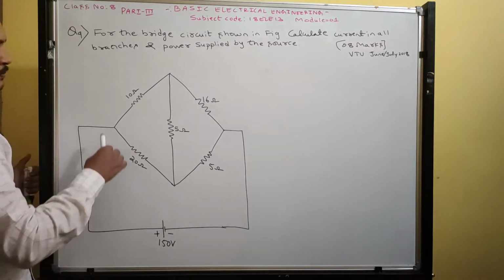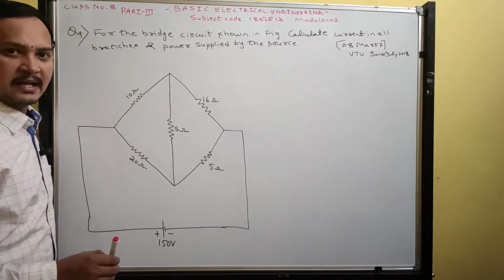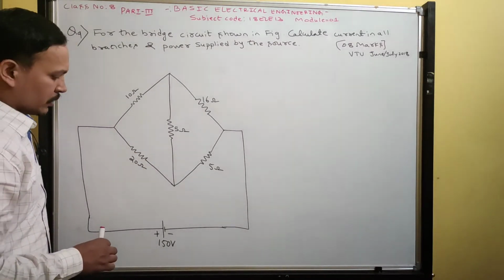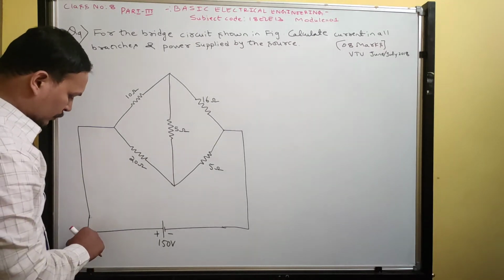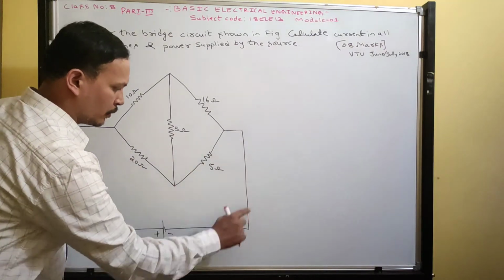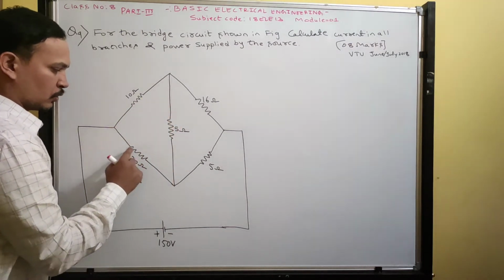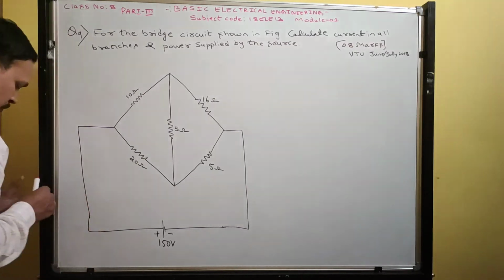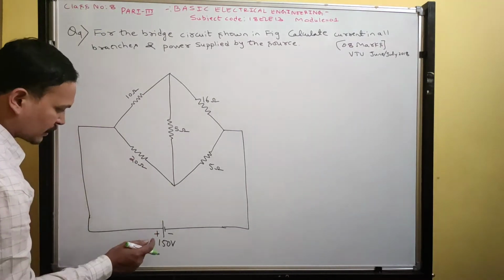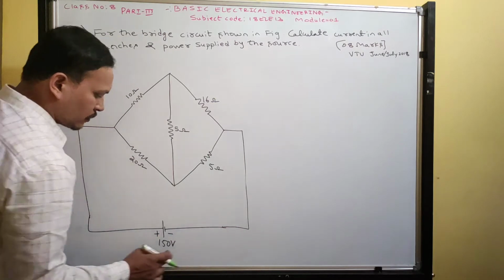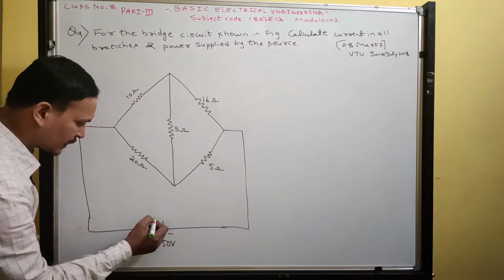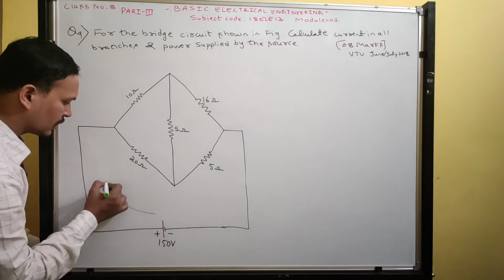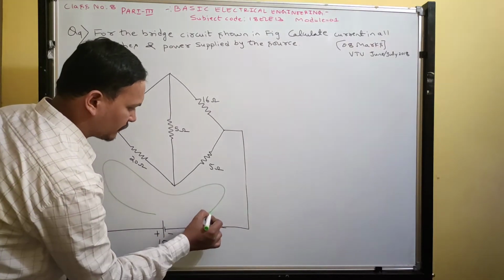Okay, see in this problem, they have not given any directions. What I am going to do: how many loops are there? Totally 3 loops are there. This is loop 1, this is loop 2, and this will be loop 3. Now you can assume the loop direction. In this particular loop, a voltage source is there. You can assume the direction in such a way that this voltage source delivers current. So it is going to deliver current in this way.